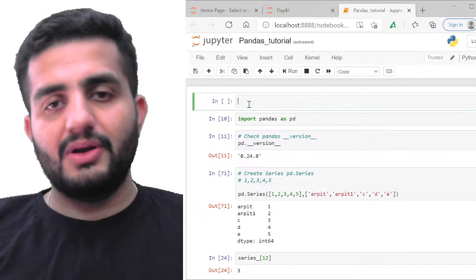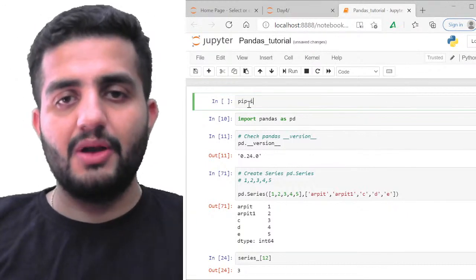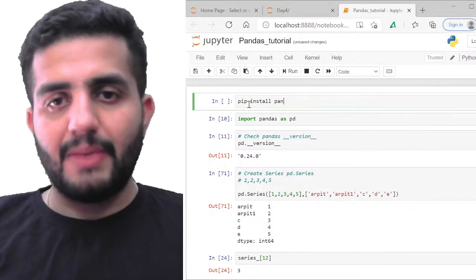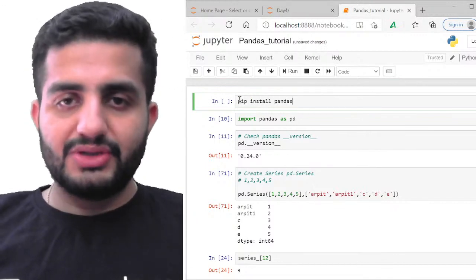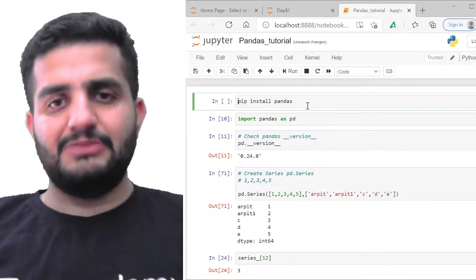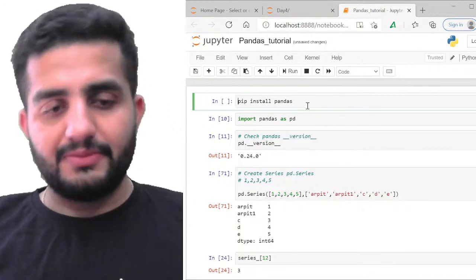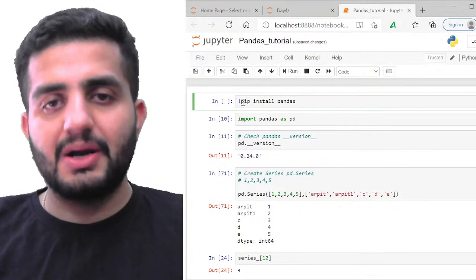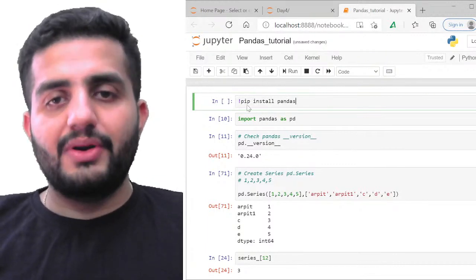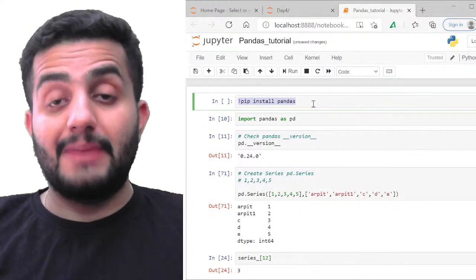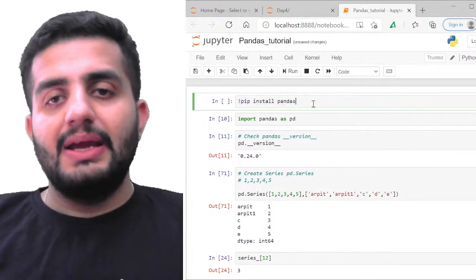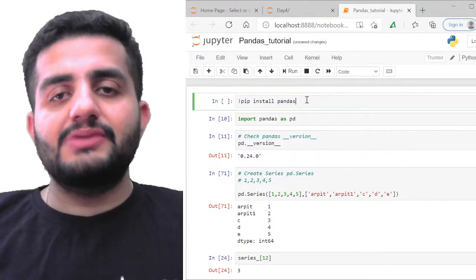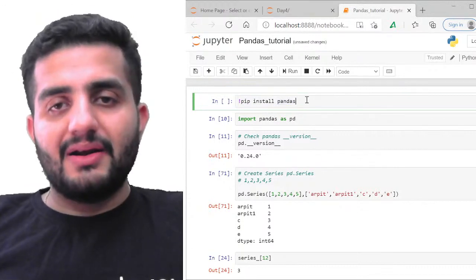For example, the command is pip install pandas. Simple, right? If you want to use pip specifically on Jupyter, you have to give an exclamation mark on top of that. You just give an exclamation mark before your pip command, and it will run through a Jupyter notebook also. Okay. Now the important thing is whenever you do this pip install pandas,